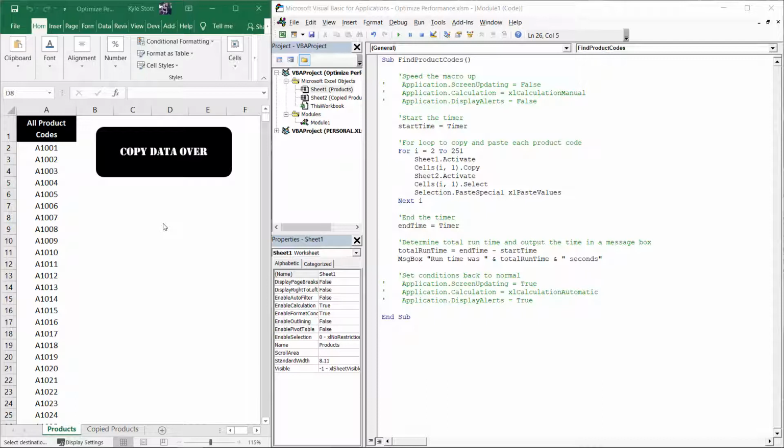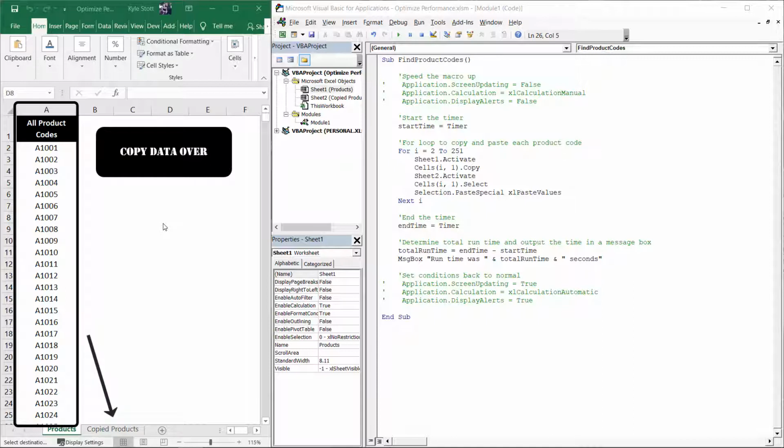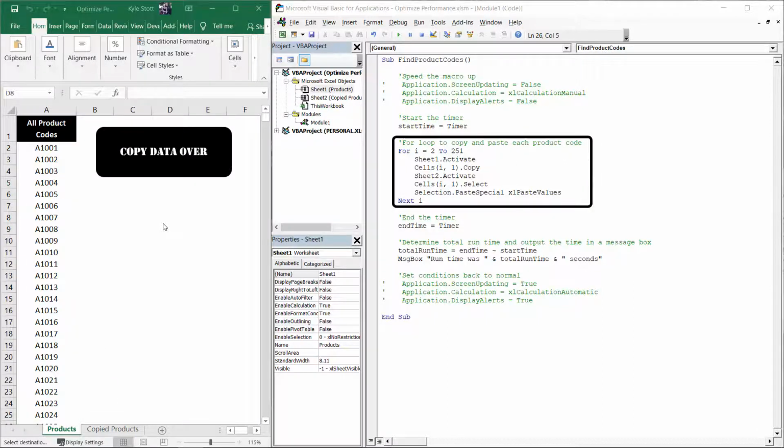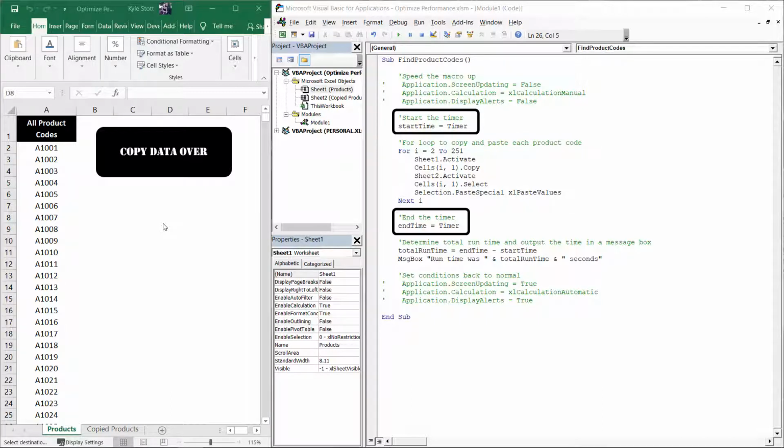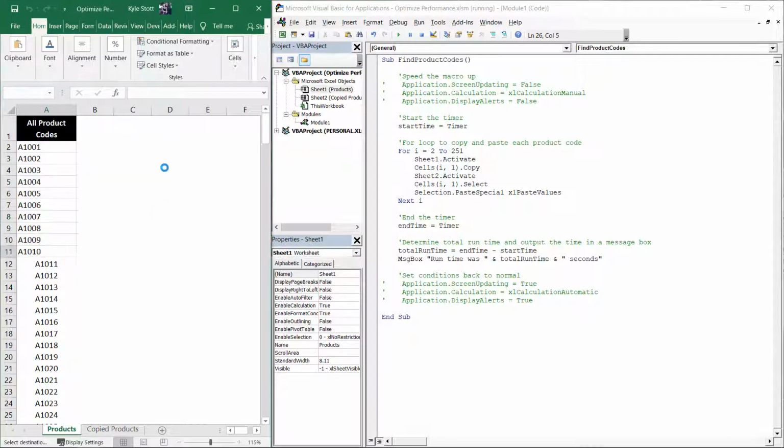In this example, we're going to copy and paste 250 different product codes listed in column A into the copied products sheet. We'll use a for loop to run through each cell to perform this function. I've also set up a timer to determine how long it takes for this macro to run. Let's start the macro, and when it finishes running, we'll get a message box telling us how long it took